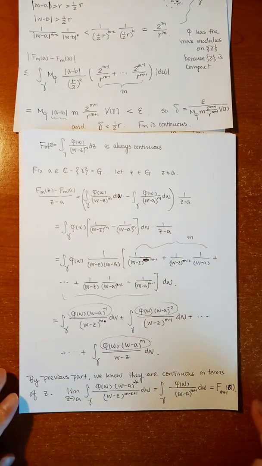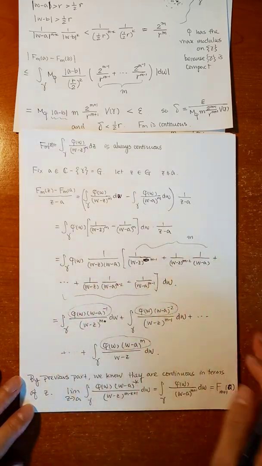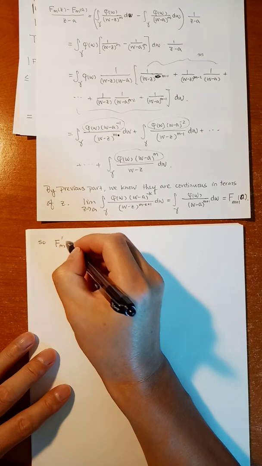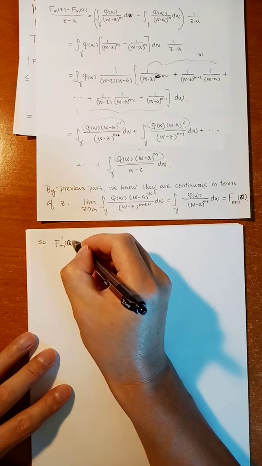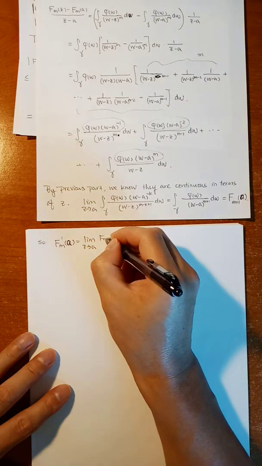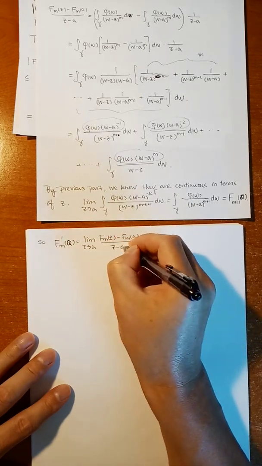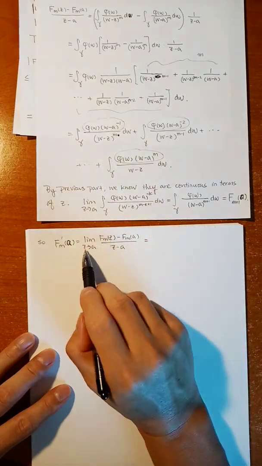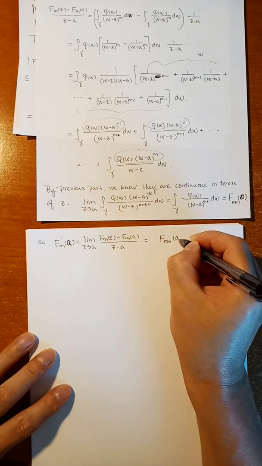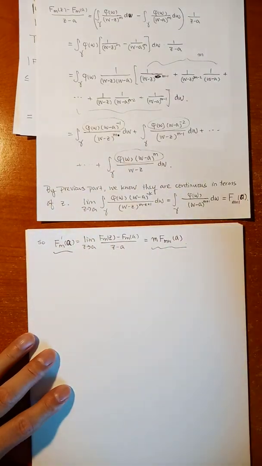Okay? How many terms do you have? Remember, I already mentioned inside the bracket there are m terms. So after multiplication, you have m terms. So Fm prime of a, which is the limit as z approaches a of Fm of z minus Fm of a over z minus a, is equal to the limit of each term. They are all Fm plus 1 of a, and there are m terms. So we finish the proof.